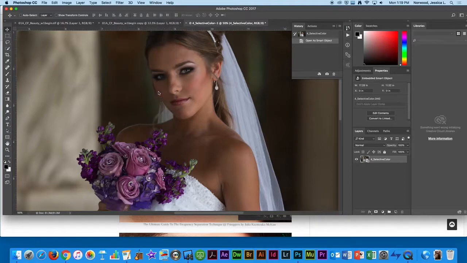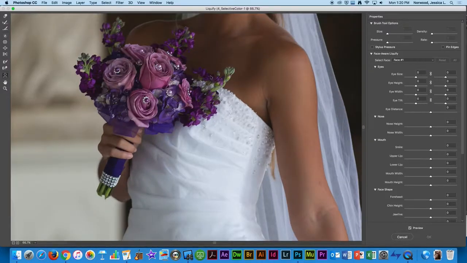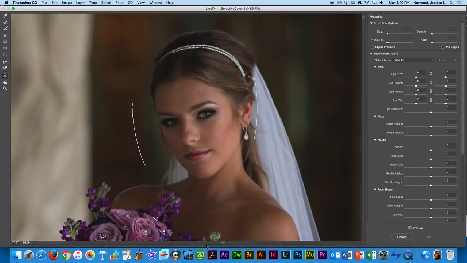Filter, liquefy. Please detect a face. Yay, it detected her face. Okay, let's zoom in here. I'm just going to grab another image in case yours isn't detecting a face. But when you click the face tool on the left-hand side, third from the bottom, if it automatically detects a face,